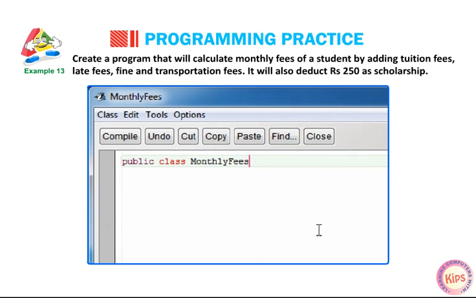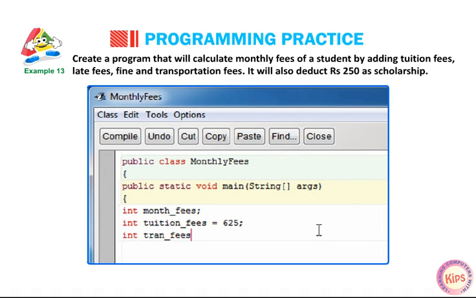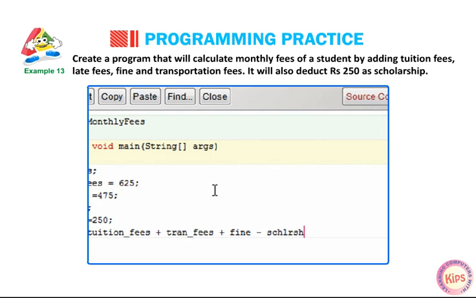public class MonthlyFees { public static void main(String args[]) { int month_fees; int tuition_fees = 625; int transport_fees = 475; int fine = 35; int scholarship = 250; month_fees = tuition_fees + transport_fees + fine - scholarship;